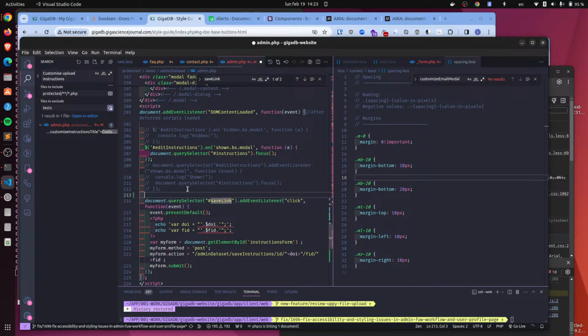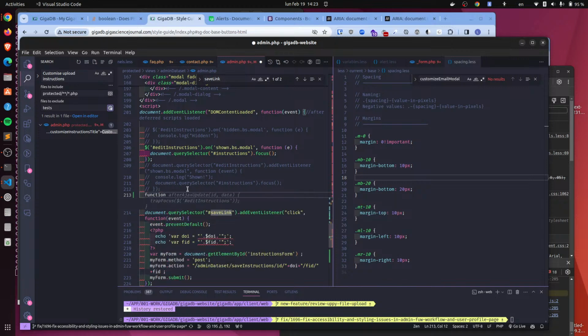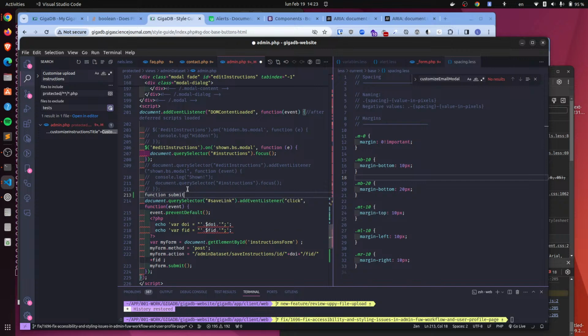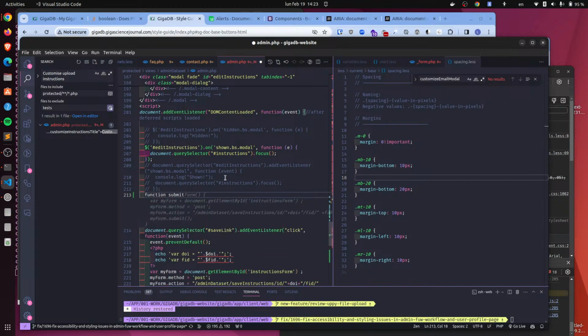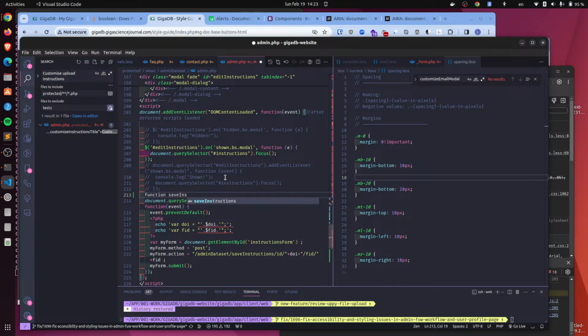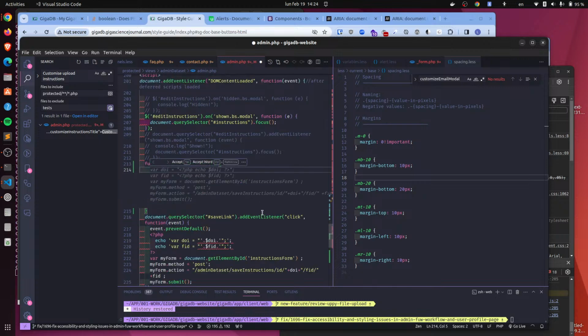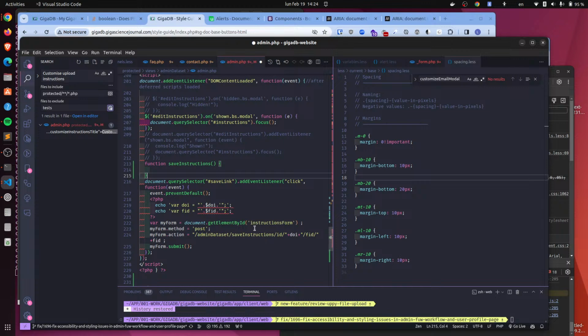Function submit, function save instructions. Or send. Let's say send instructions, which is